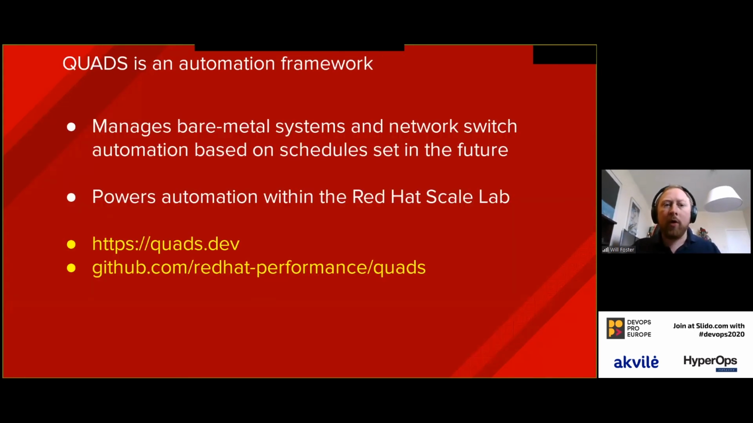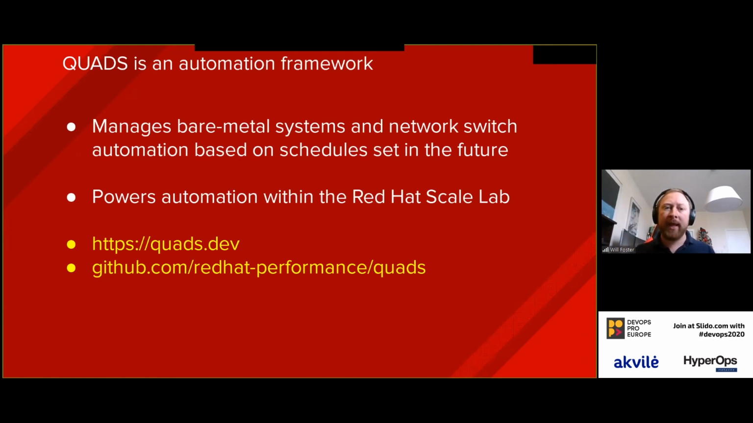All right. What is QUADS? I just very quickly want to mention this. QUADS is an automation framework written in Python 3 that manages all of the 1,000 or so systems that we have and about 100 or 200 switches, and slices and dices a large fleet of infrastructure based on a schedule. And it automatically provisions systems, sets up VLANs, sets up multi-tenant environments, reprovisions them, lays some stuff down on